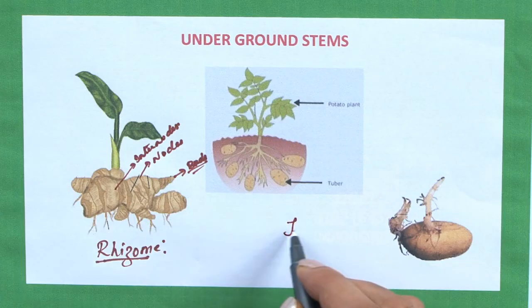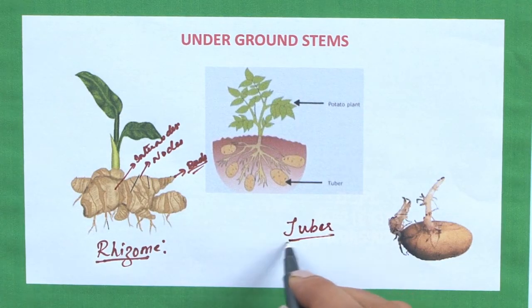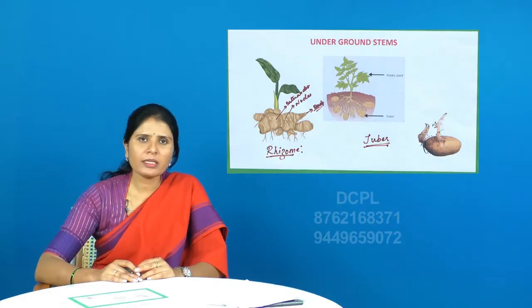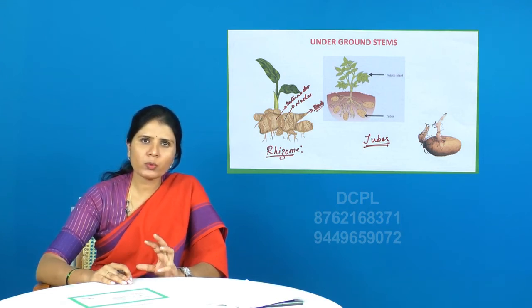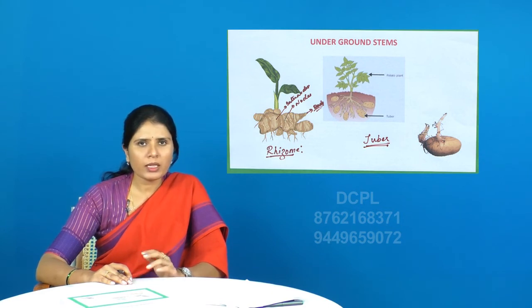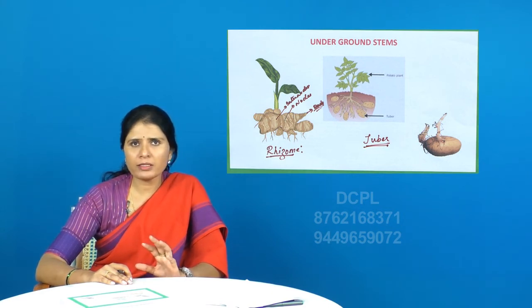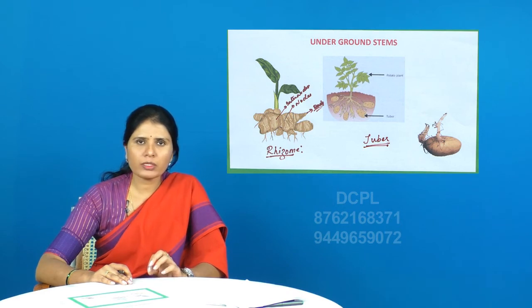Moving on to the next form of underground modification, that is tuber. Tubers are mainly seen in case of potato. What happens in tubers is that from the underground, adventitious stems develop. The adventitious stems develop from the underground portions of the nodes, and they end up in the swellings called tubers. These tubers are again modified stems because they possess nodes and internodes,